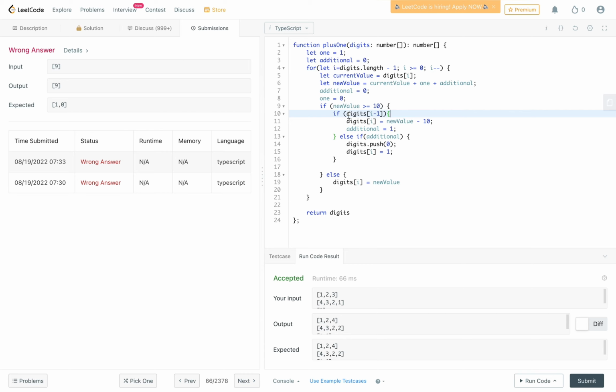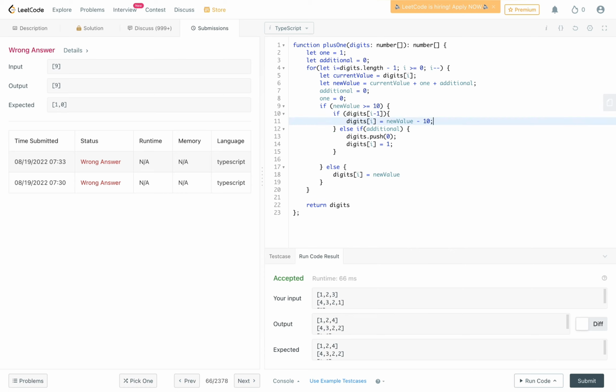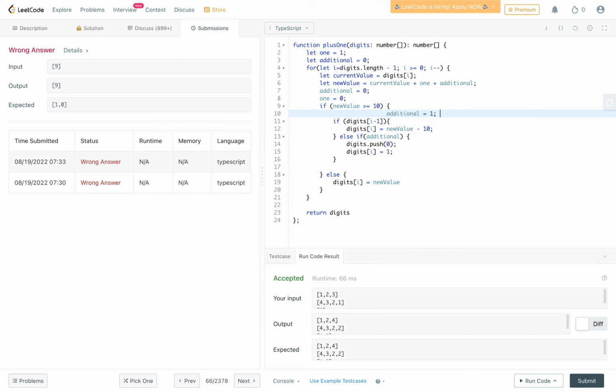For this case, this will be false, but for this case it's also false because we add additional in this condition. So I think this should be on the top,